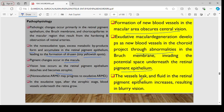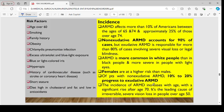So these vessels will leak and the fluid in the retinal pigment epithelium will increase, resulting in blurred vision. Persons over age 60 are at risk of macular degeneration, as are smokers or those with a family history, obesity, infections like chlamydia or pneumonia, or short stature. Also, a diet high in cholesterol and fat and low in antioxidants increases the risk of developing